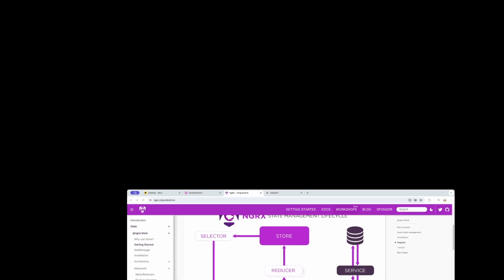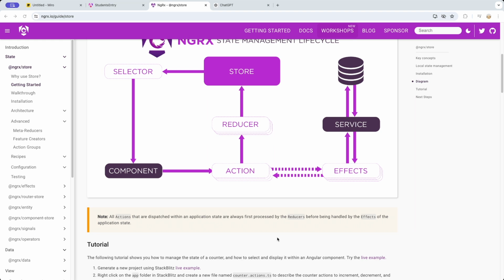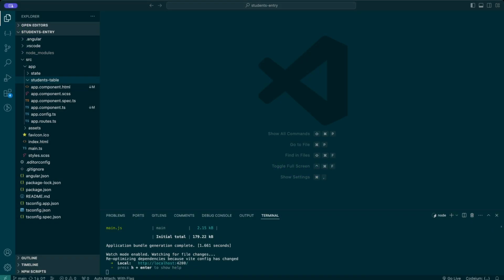So before I start anything, I would want to take your attention to the VS Code. So let me open the VS Code right up. All right. So we already have a skeleton available for one of the components, which is a students table. And in this particular folder, I'm going to be creating 3 files. So first is these students,